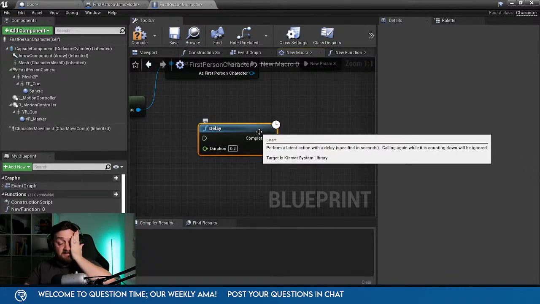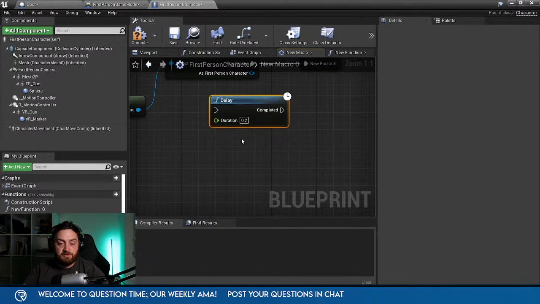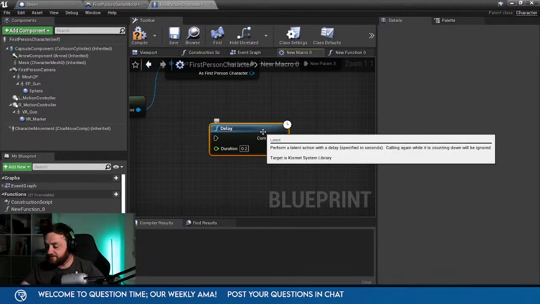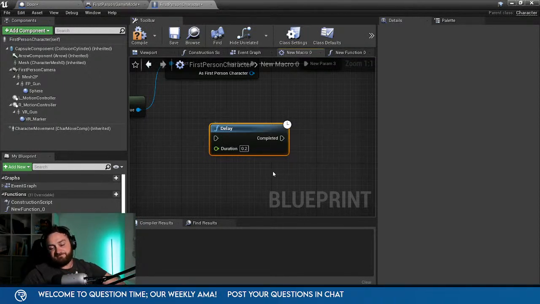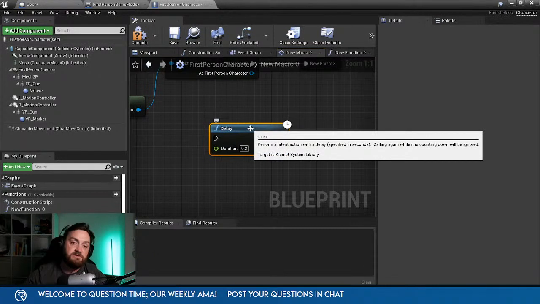So a function has its place as a thing that is best pulled from something else. You tend to want to call functions from other actors, other classes, and do stuff like that. Whereas macros tend to be more of a functionality for you to keep organized. That's probably the best way to think about it. So if you find yourself repeating code often, like typing the same stuff over and over again, make it a macro.